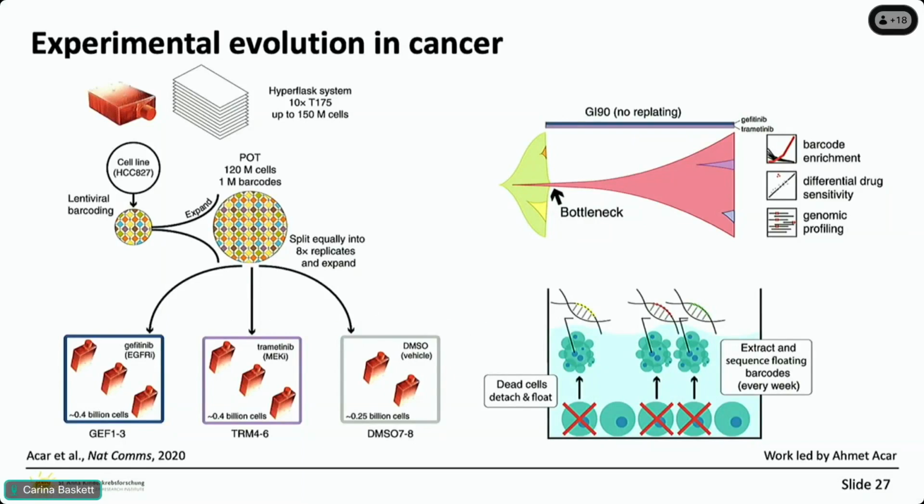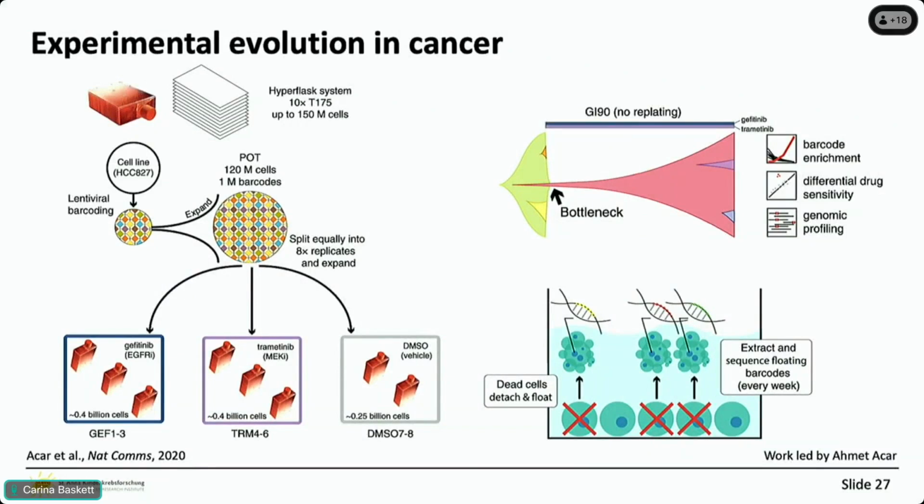And what we wanted to do was actually treat them with a really high concentration of drug, so essentially a concentration that kills or basically introduces a 90% decrease in growth, to introduce a really strong bottleneck. And essentially what we did is we just left them and waited until they grew out and became resistant to what they were being treated with.